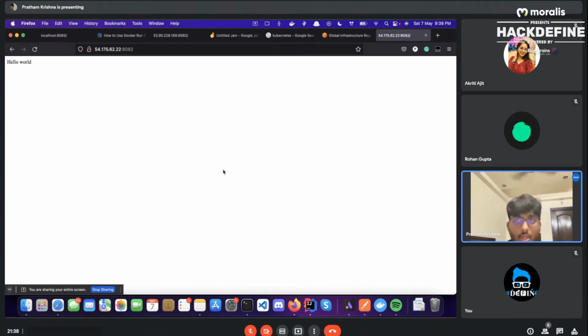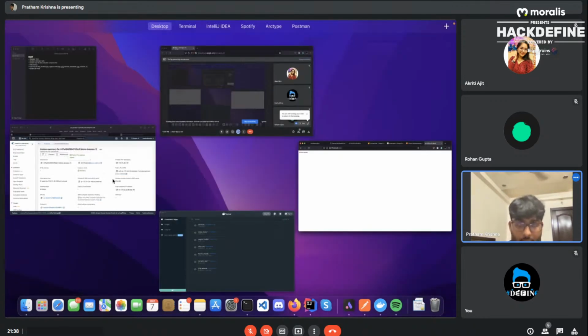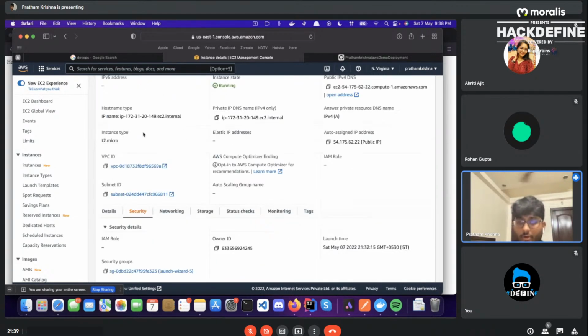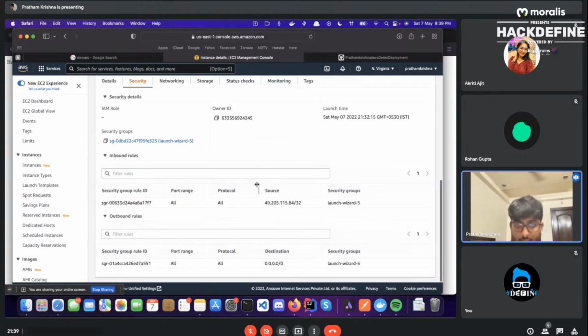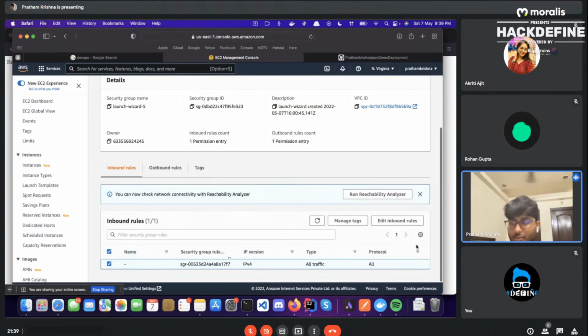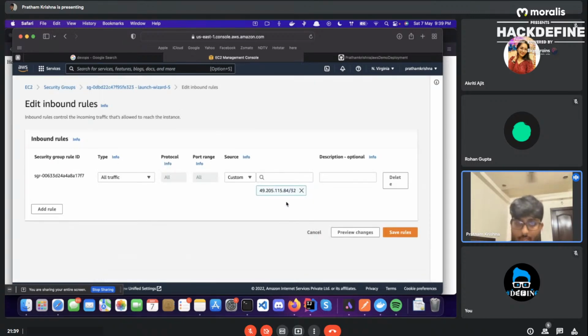So again, on a reiteration, what security groups do is restrict the access to your EC2 instance. What it was before was only allowing access through SSH from any IP address, and we changed it to all traffic, that is SSH or HTTP, HTTPS or anything, from only our IP address.